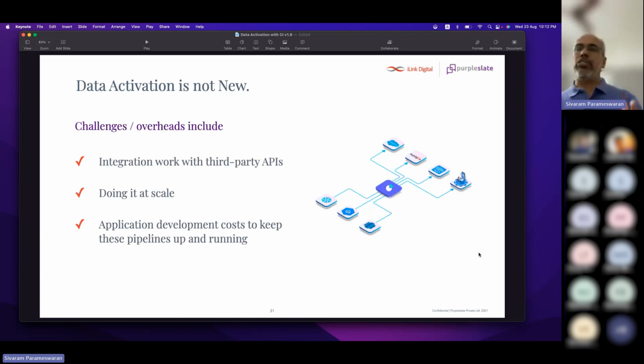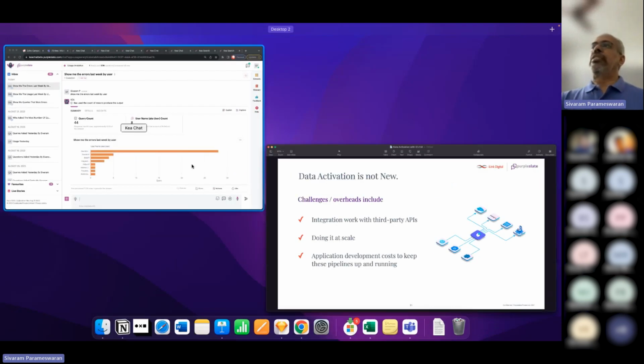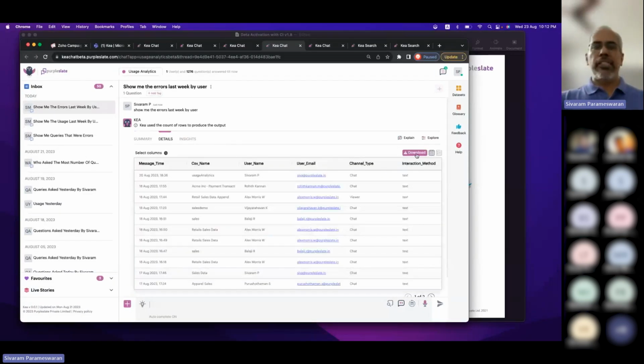Many people consume reports for these purposes. For example, even in this case, the way it would normally happen is somebody will download this report in a CSV or Excel, send it to someone, and send an email saying, hey Alex, can you take a look at this? This needs to be analyzed. If each one of these errors needs to be acted on, it's a laborious process, with someone sitting and creating those defects, a lot of manual work, right?